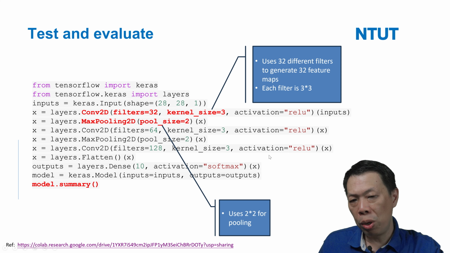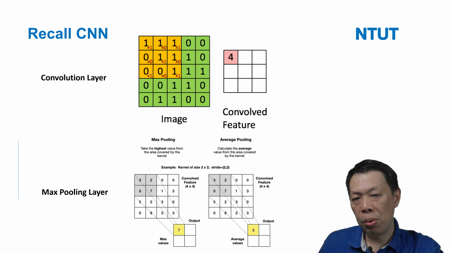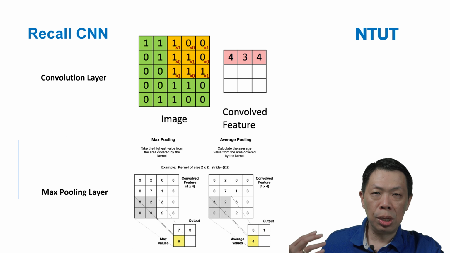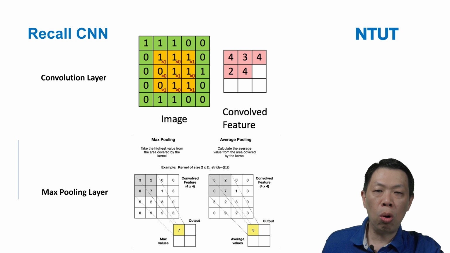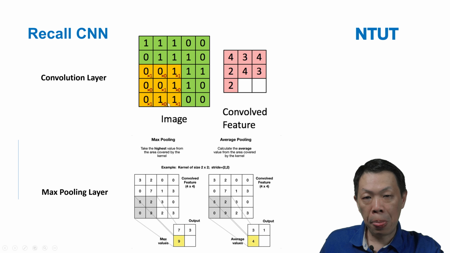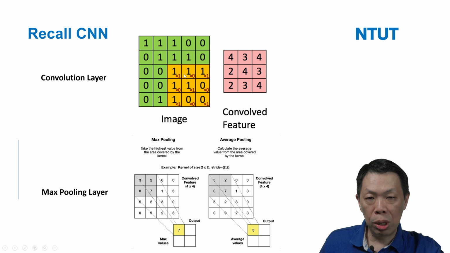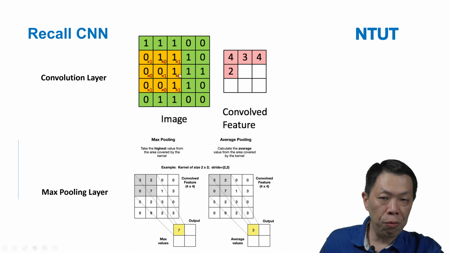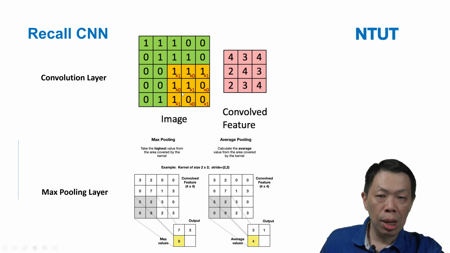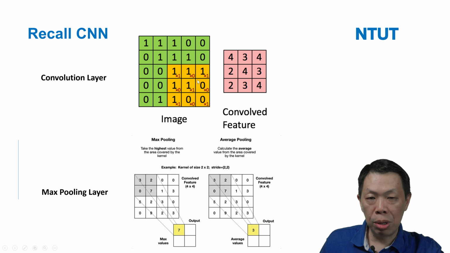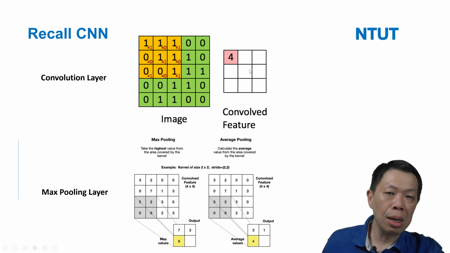Here is the CNN concept recalled for you. This is the kernel, which is 3x3. We use the kernel to scan the original images. This is the first kernel, and we will generate new images. If you change the internal values of the kernel, it will generate other images.